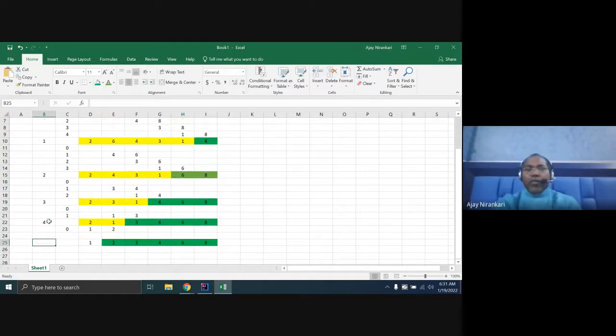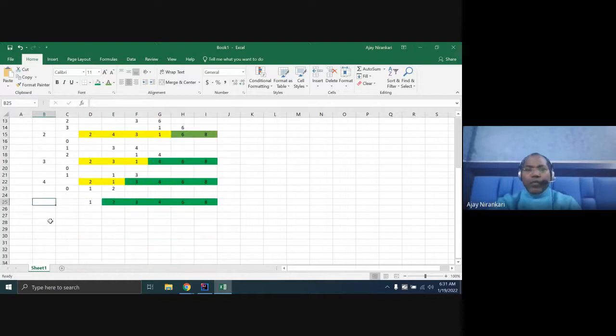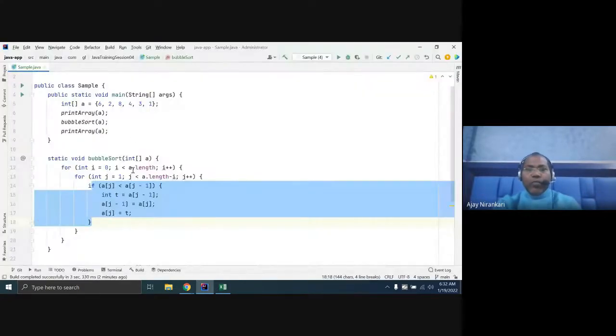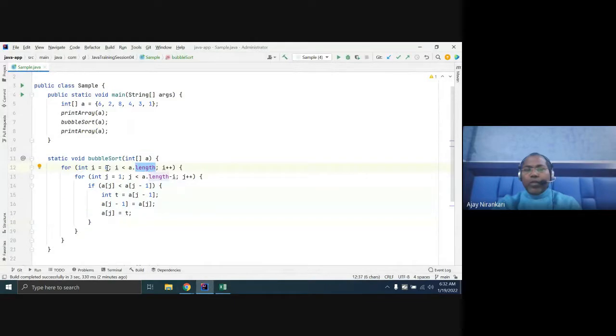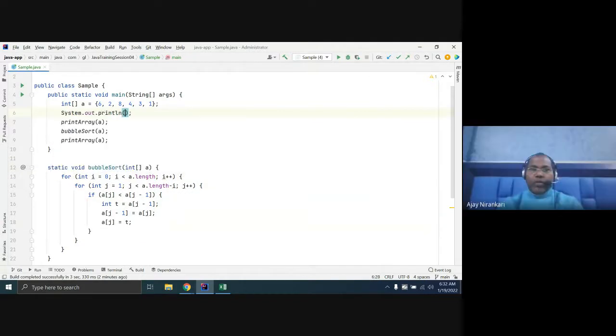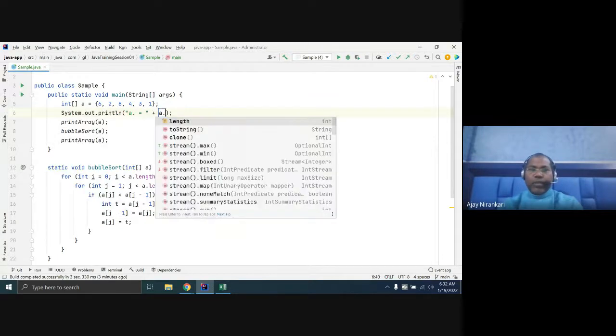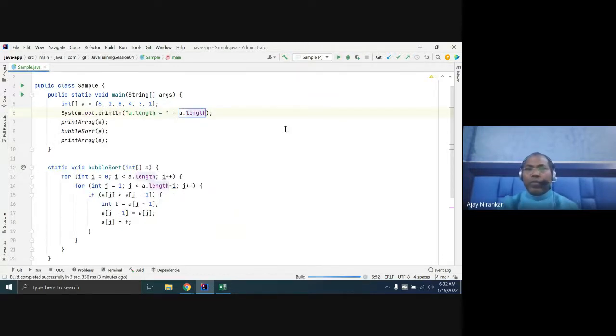Here also you can do some optimization. Whenever you are at the last time, you don't need to run any loop. Even in your first loop, currently in the top loop, we are running up to length. Length means 0 to 5. The array length is 5. If you run a dot length, you notice the length.